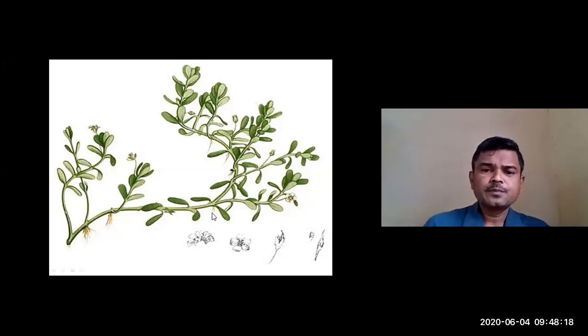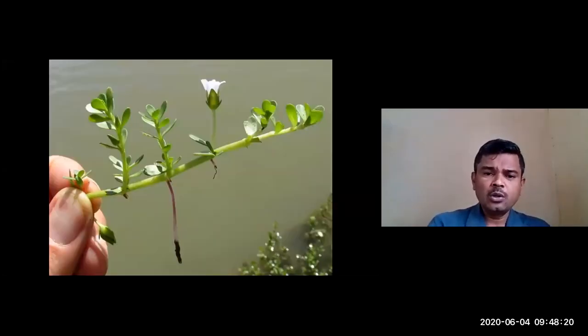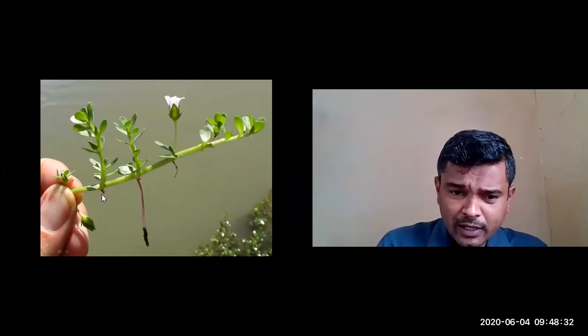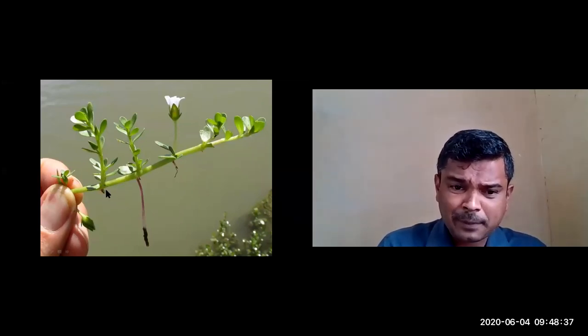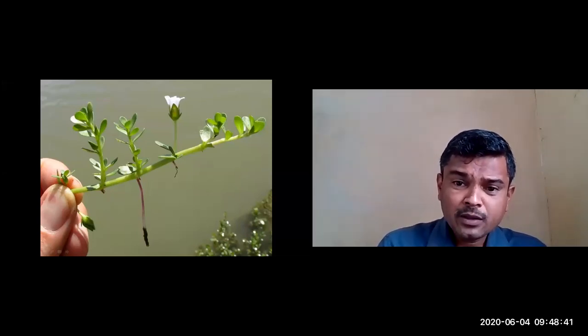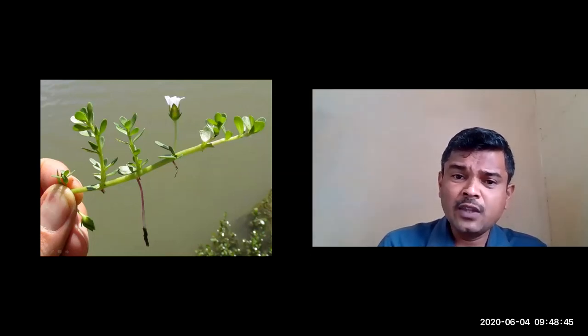Okay. So this is another picture. Here in this picture, you can clearly observe the Swarupa, the picture of Brahmi. So this is the main stem. Here you can observe this is the node. There you can observe the fibrous roots are present here, and also here. So this is the node, from which another branch or leaf develops.